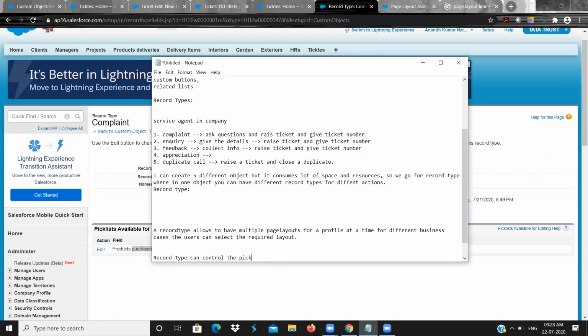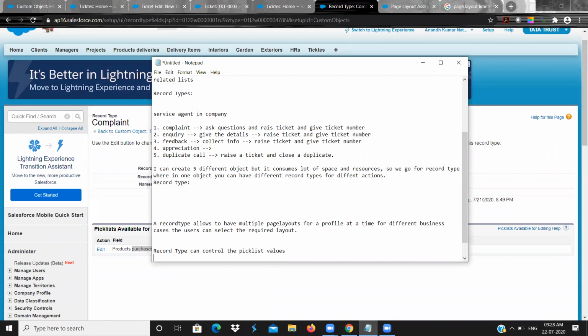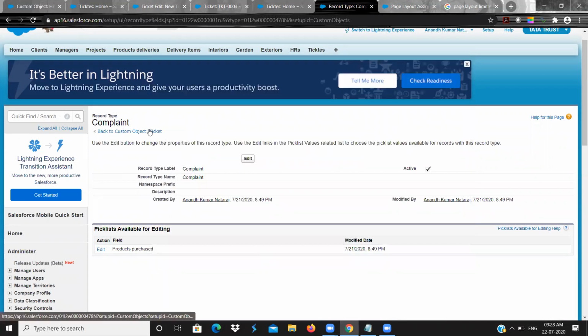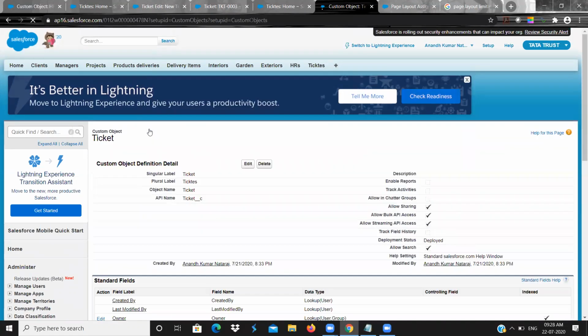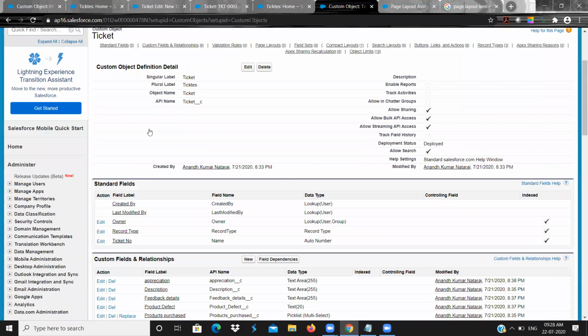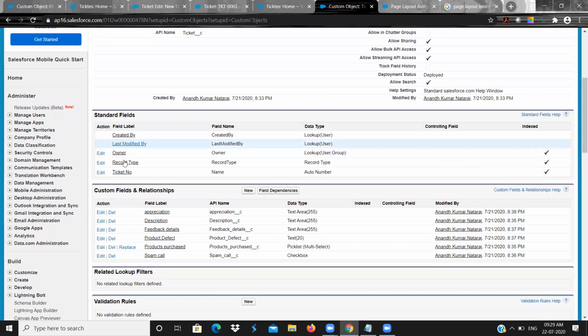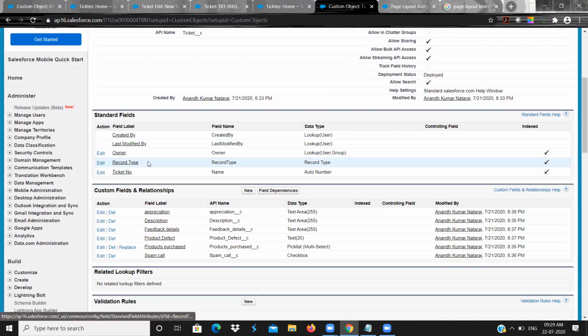Apart from that, what you should know? In the standard object, in the standard fields, you can see a new field called record type. Once you create a record type, you will get a new field called record type. This field you did not create, the user did not create. This is a standard field. Once you create a record type, the new field called record type will be created.